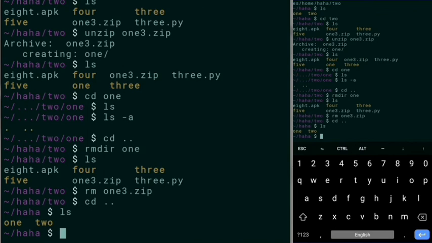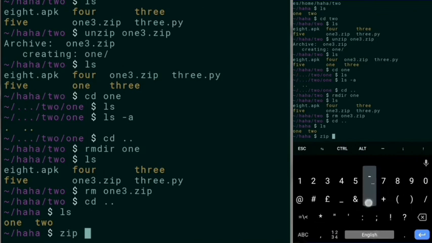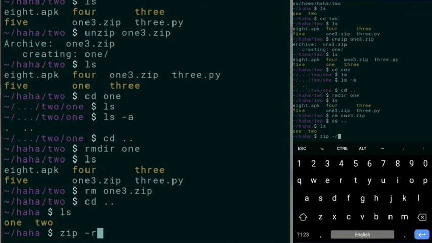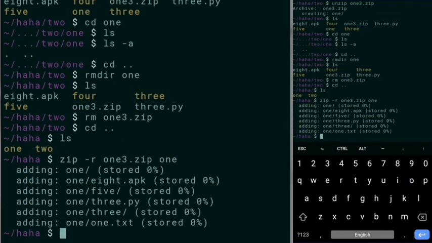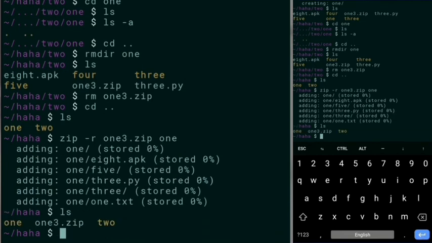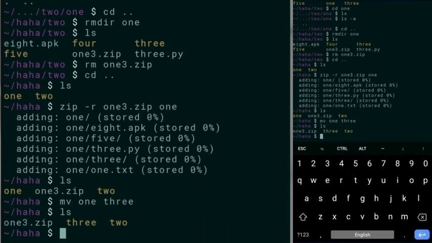So to zip a non-empty directory, you need to give an argument with zip command, and that argument is -r. So in our case it will be zip -r, then the zip file name 13.zip and then directory name, that is 1. This time it added directory files also, and it says store 0% because those files are empty. I just created them earlier to show you how touch command works. With mv command you can rename directories too, like here I did mv 1 3. This command renamed directory 1 to directory 3.